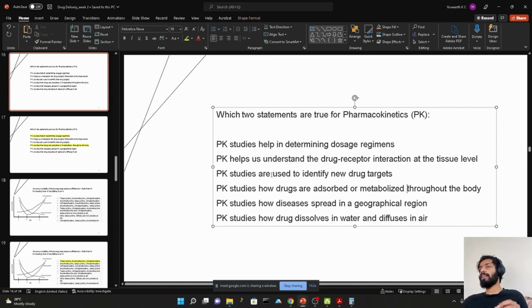I'm still not sure why you think identifying new drug targets comes under pharmacokinetics. How do I put this? Identifying new drug targets means you're able to conduct assays where you can pinpoint the receptor where the drug goes and binds, right? So you're talking about the action of the drug, not the action of your body on the drug. Pharmacokinetics is the action of your body on the drug, irrespective of what the drug is.